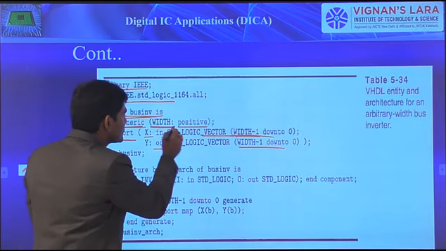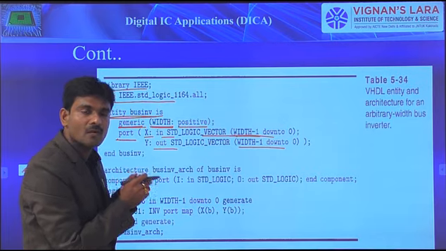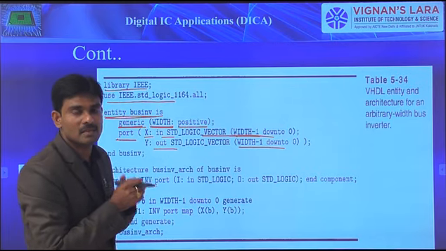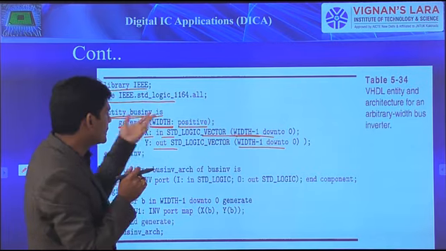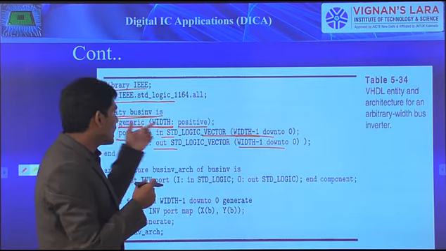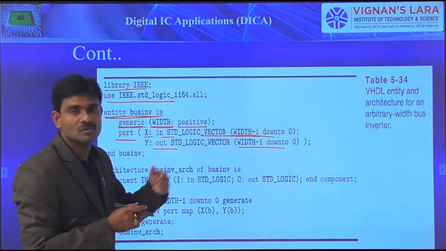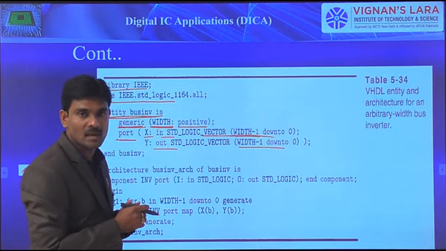Let it be if I mention 16 over there, then obviously x and y consist of 16 array elements. The array size is 16 for that; previously the array size was 8. In the same way, whatever value we assign for that particular width, based upon that the bus size is going to vary for both inputs as well as outputs.